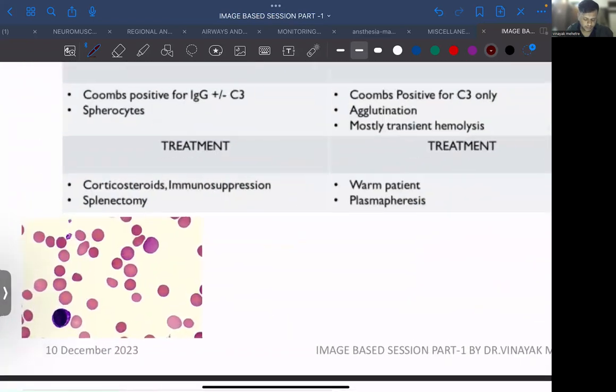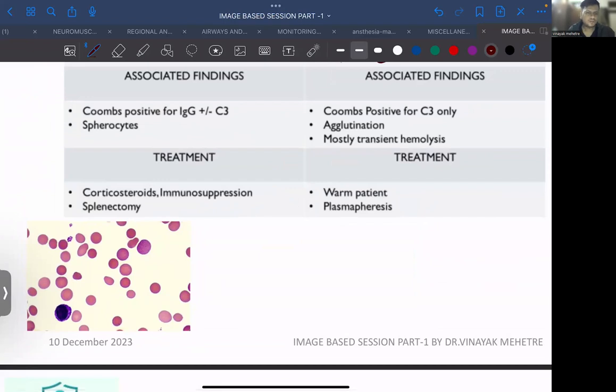What you will see in warm autoimmune hemolytic anemia,